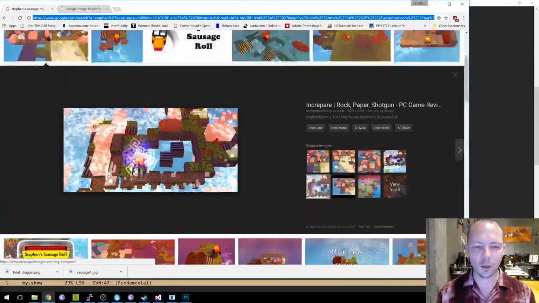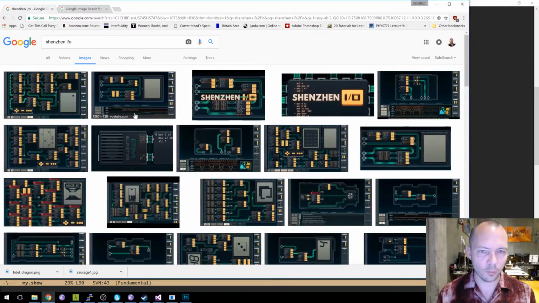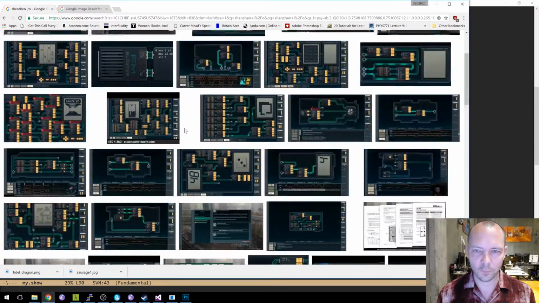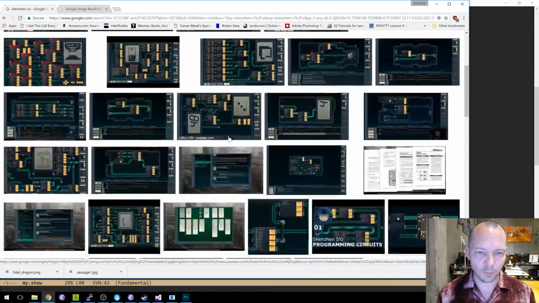Well, I'll put a not-good Shenzhen IO, because that'll remind me to put in a good one later. There's a 1280 by 720 with hella artifacts. Let's try this one.